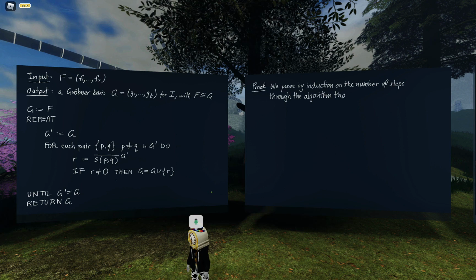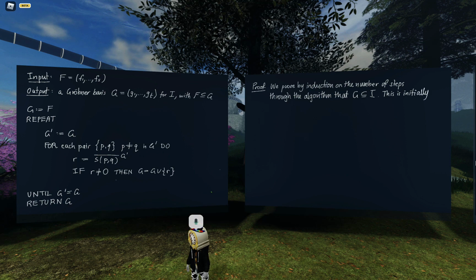The first is that at every stage G is actually contained in the ideal I. This is initially true because F is in I. You'll notice G and F are actually sequences, but I'm writing them as sets. So what I mean here is the underlying sets of G and F are contained in I. This won't confuse you, so let's just write it like this. This is initially true because of this,